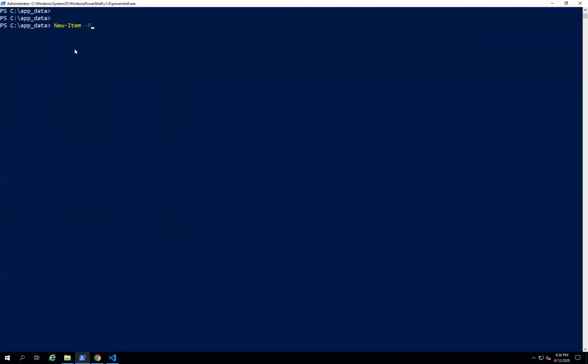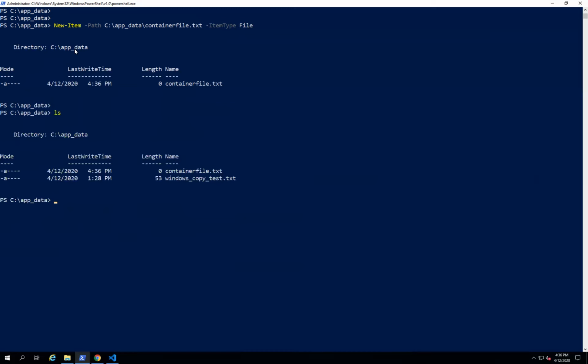Path is, and I want to create at C/ app data, remember, I'm executing this command inside the Docker container, and then the file name is container file.txt, and item type is file. There you go. It just created a file inside a Docker container with the name container file.txt.